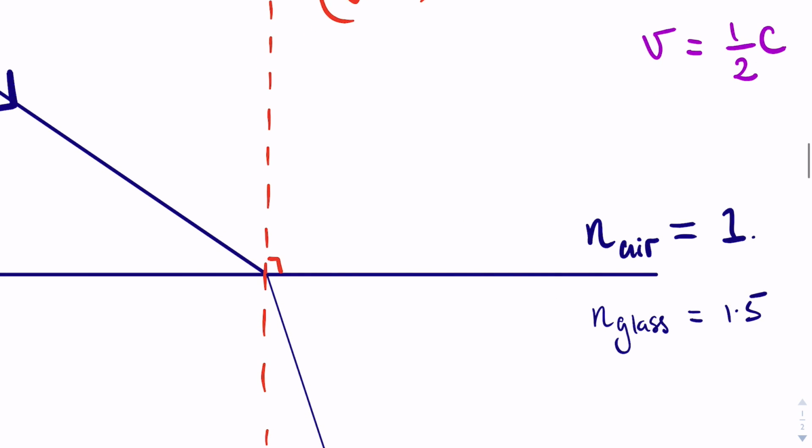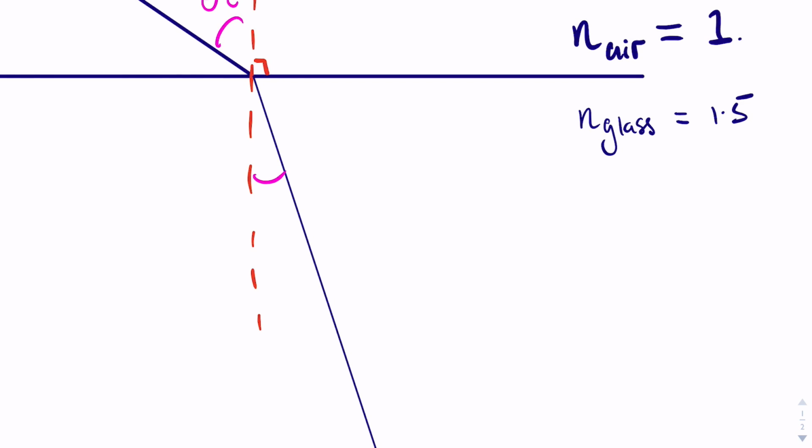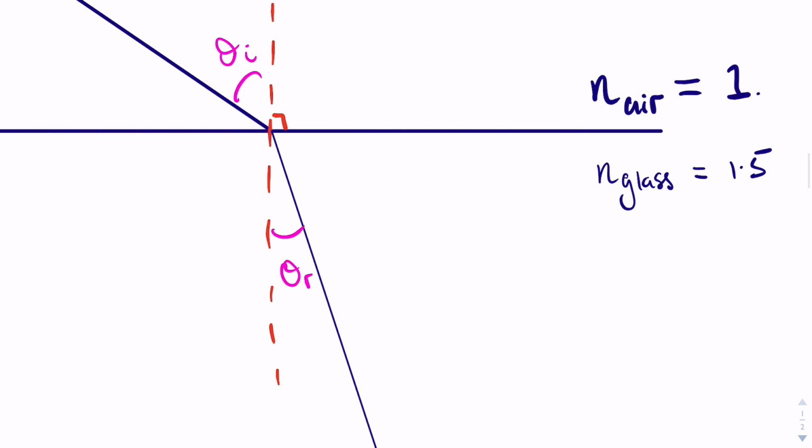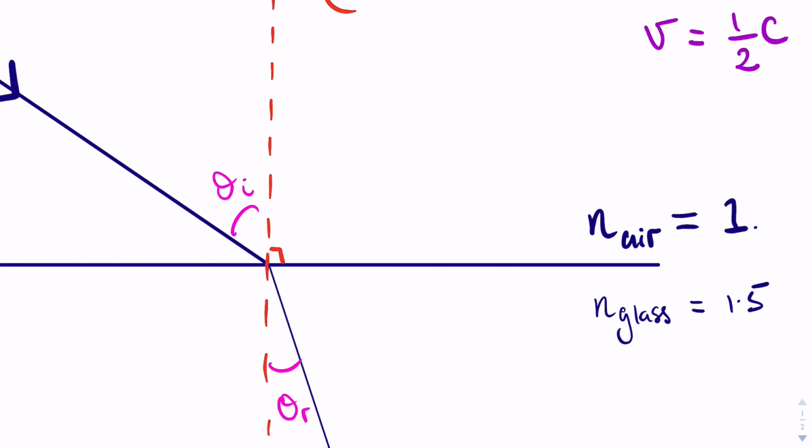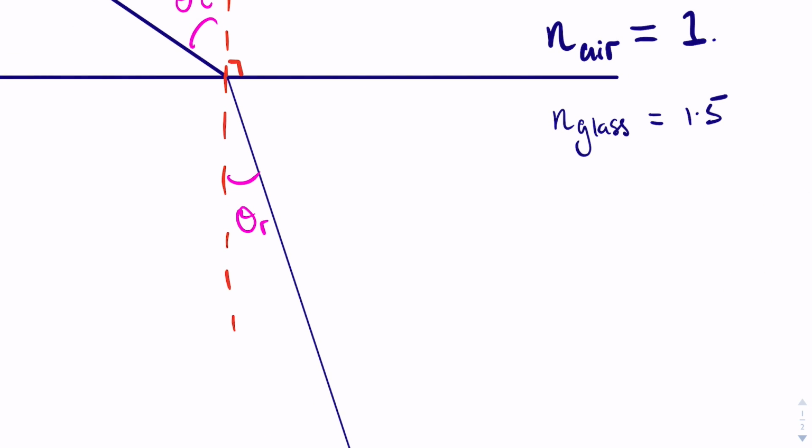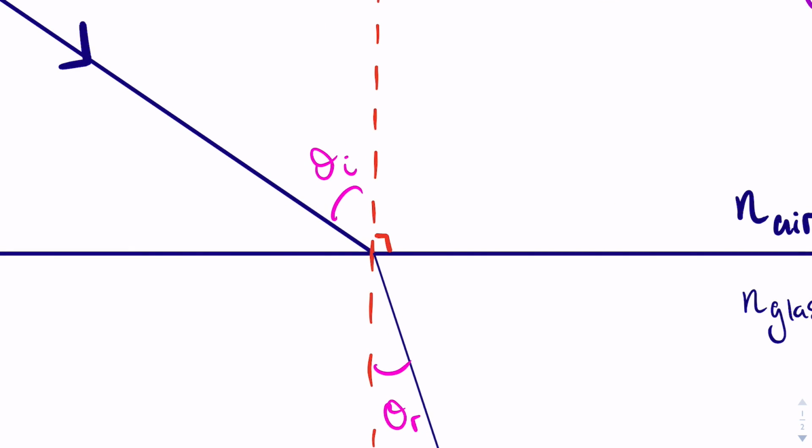Let's do the angles in pink. My angle here, theta I, the incident angle, and my angle here, theta R, the refracted angle. We can see that the light ray has bent towards this imaginary normal line, this red dotted line, when the light has slowed down. So to demonstrate this, I'm going to draw a little car here with 4 wheels. Now, you can imagine this car going along on the tarmac, if this is the tarmac or the road,